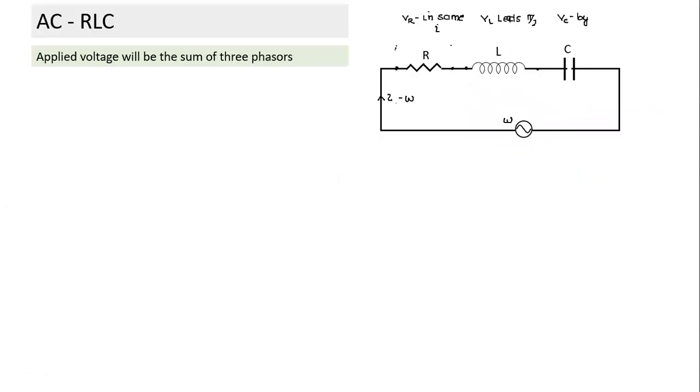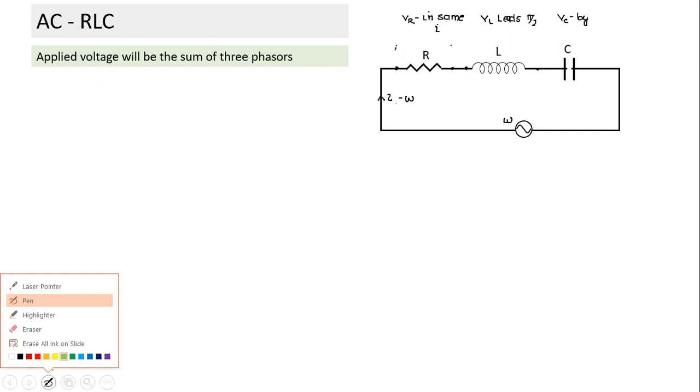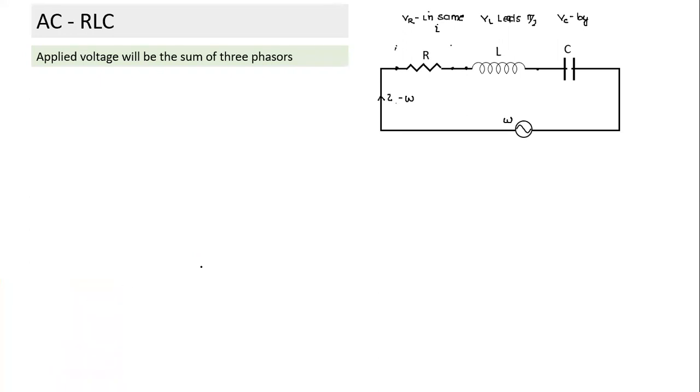So this is the equation. Now we come back to the same point and see how we apply it. The same principle we are going to apply here as well. We are going to more or less repeat what we had done in the case of the LR circuit and LC circuit. Voltage applied is the sum of 3 phasors. And let's choose a time. The phase constant is 0 for I. So that's the time. It's like choosing a coordinate system. I can always choose a time which makes my solution most simple.